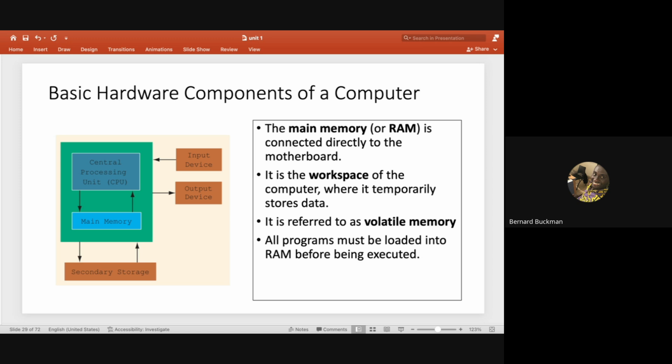When I'm done with my laptop, I can remove the laptop and then put a book on my desk. So notice that the laptop was removed and a book was put there, so it's temporary. We call that primary storage, and it's an example of what we call volatile memory. Volatile because when you switch off the power, everything in the main memory goes off. You lose everything in main memory.